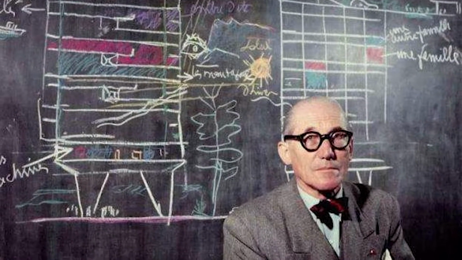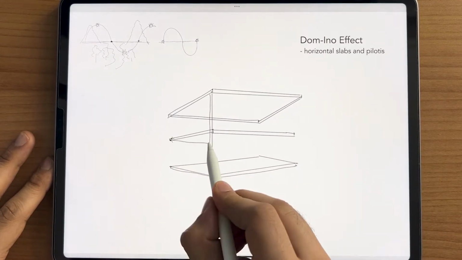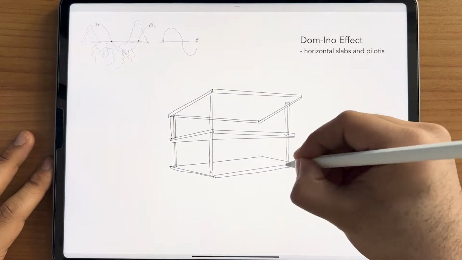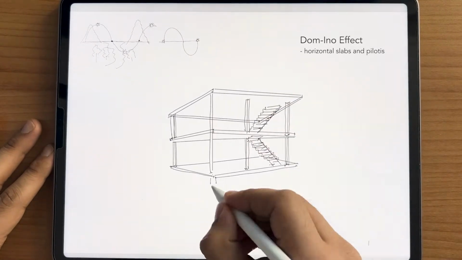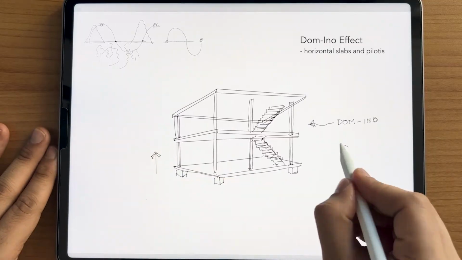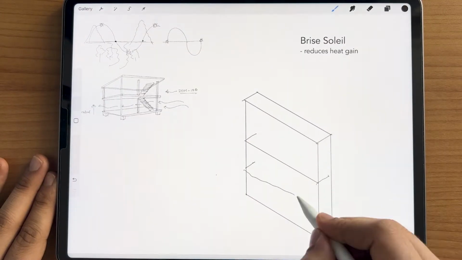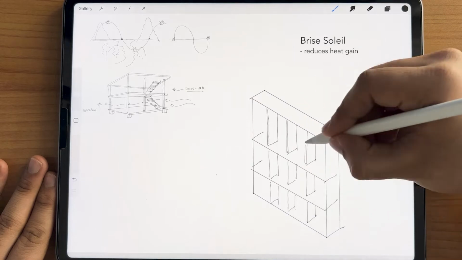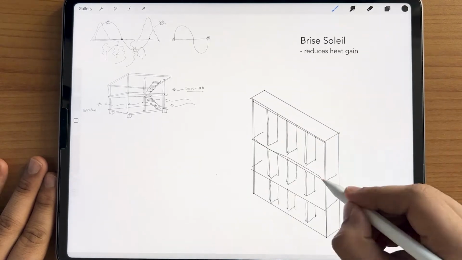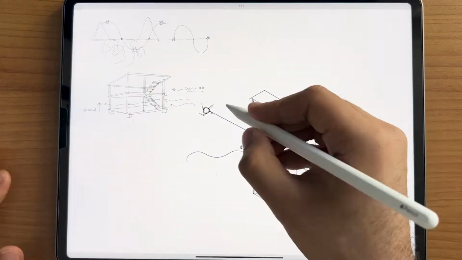His second principle of architecture, directly related to the climate's importance, is known as the domino effect, where the built mass is raised, which contains the open floor planning, free facade, roof garden, and the pillared structure. His third key design principle for climate is the brise soleil, known as the sun shading device. This one element of design became so famous that many architects are now following these principles in their design. Let's understand these principles with the help of a real project.